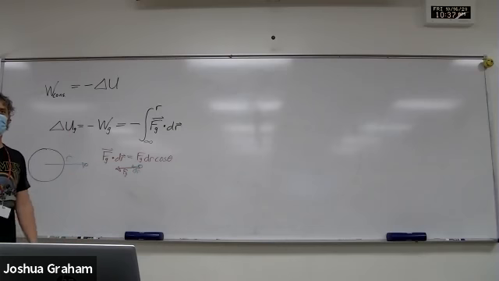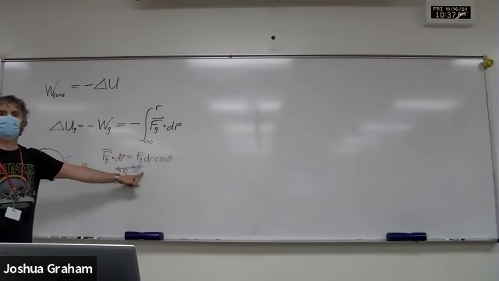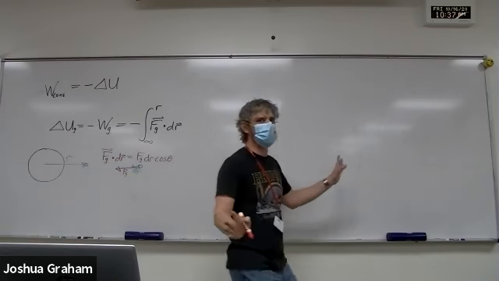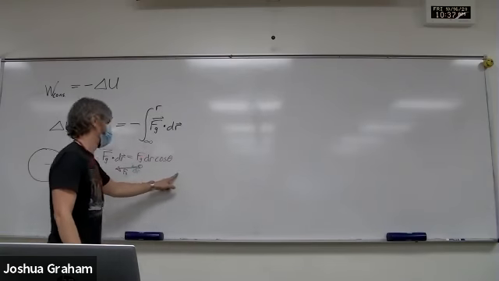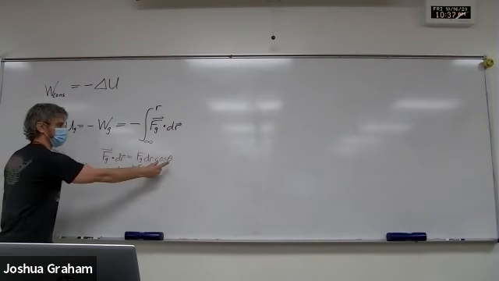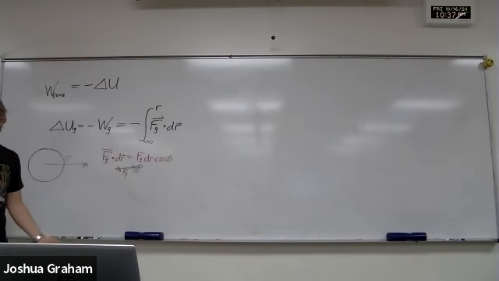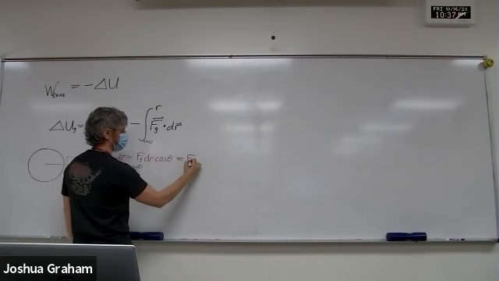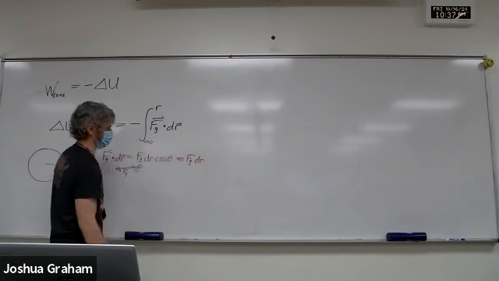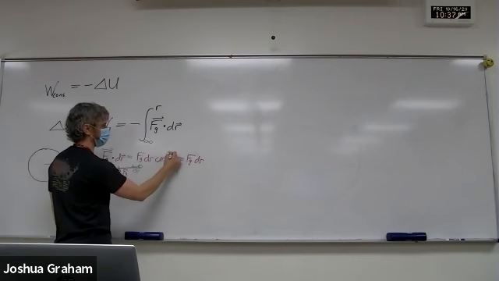But because the gravitational force is conservative, the amount of work done in doing that would be the same as if I took it from infinitely far away and just brought it straight in, where the cosine of the angle between them would be the cosine of 0 degrees. So it would be 1, right? That being said, this is just going to be Fg times dr, because the cosine of theta is literally 1,